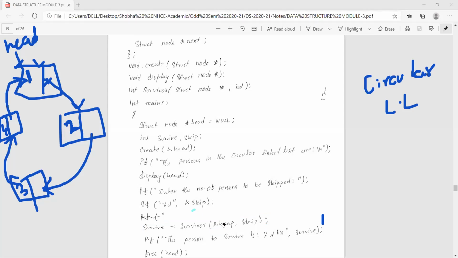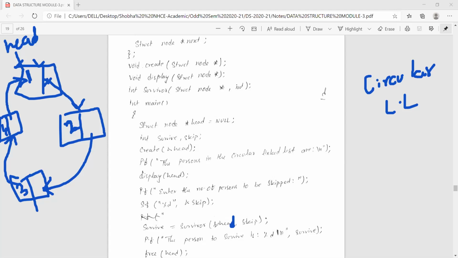Yes, ma'am. So you can see here 2 things are being passed as an argument for this survivor function. One is address of head and skip. 2 things we are sending. Can you tell me what are these 2? One will be number of students maybe, or which place we have to start. Yes, ma'am. First one is head, from where we have to start, first position, and skip is from which place we have to eliminate, like 4 in that case. Correct. 4th place. Very good, Manjunath.